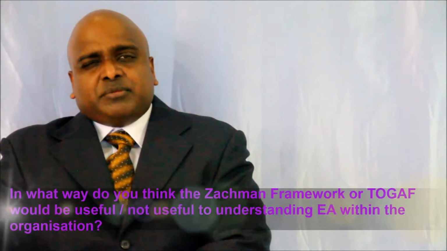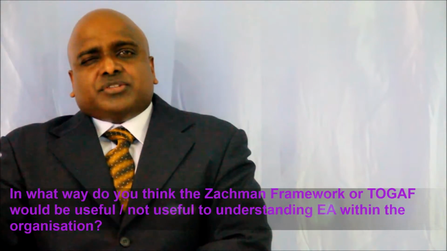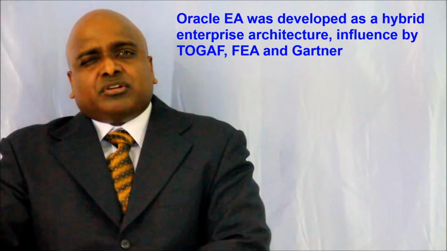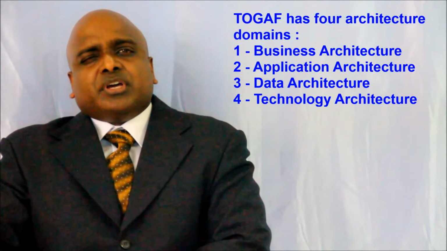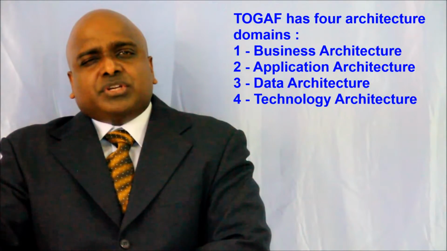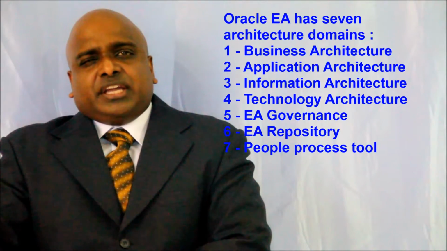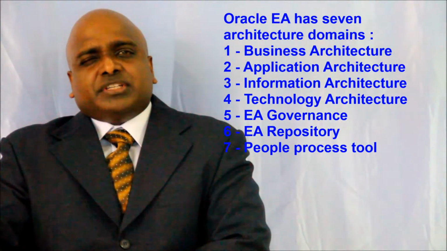Third part of the assignment. TOGAF is useful in understanding the Oracle EA. The main reason is Oracle EA was developed as a hybrid enterprise architecture influenced by TOGAF, FEA, and Gartner. TOGAF has 4 architecture domains representing different perspectives, which are business architecture, data architecture, technology architecture, and application architecture. In the Oracle EA, these 4 are the primary core components, just that data architecture is known as information architecture